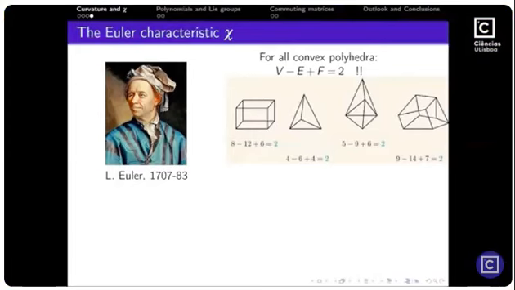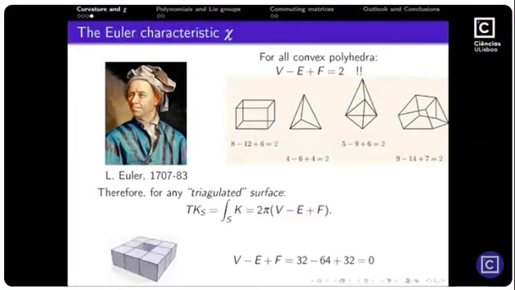But putting together the two kinds of observations, we get that we can do this for any surface, not necessarily convex. So if I take this surface, well, it's a weird surface, not really triangulated. Let's call it quadrangulated, but that's fine. We can just compute the number of vertices, edges, and faces, and it will give 0. Why? Because it's a deformation of the torus, and so we get this other form of the Gauss-Bonnet theorem.